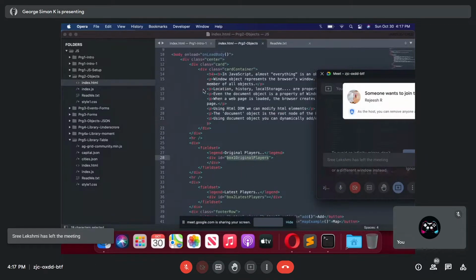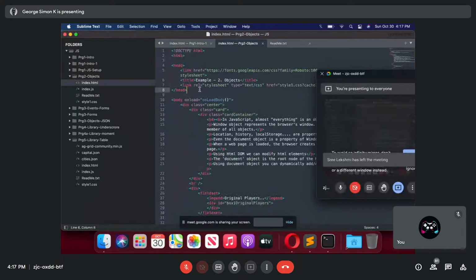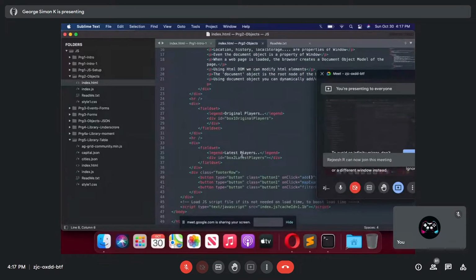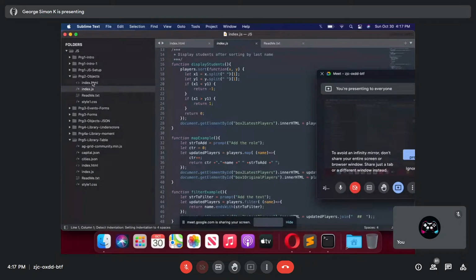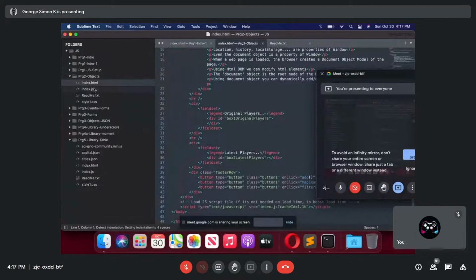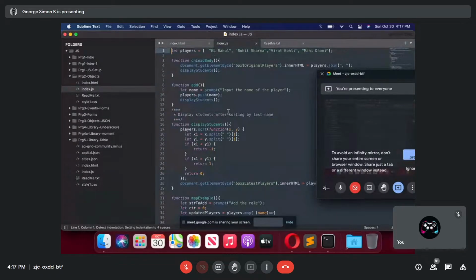I haven't clubbed the JavaScript inside the HTML. You can write it inside, but I've kept it separate so that it is easy to understand. The file is called index.js, and I'm calling it inside the HTML. You can have many JavaScript files here, but I'm only using one file now.